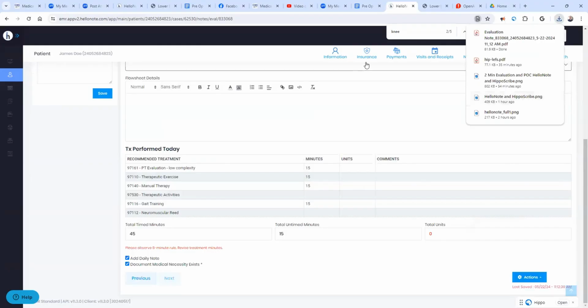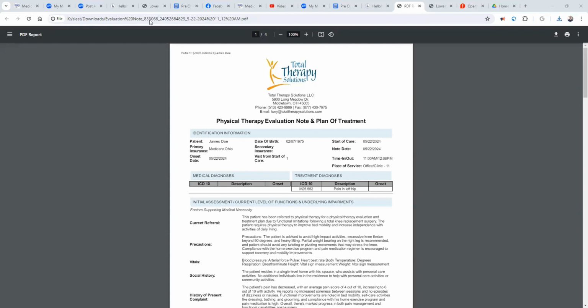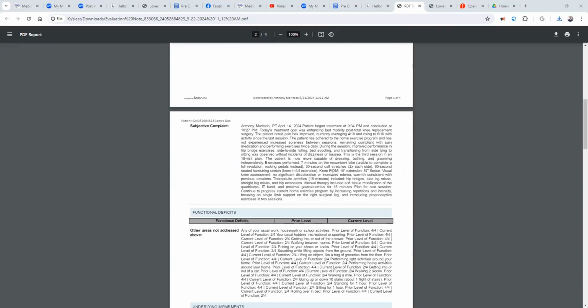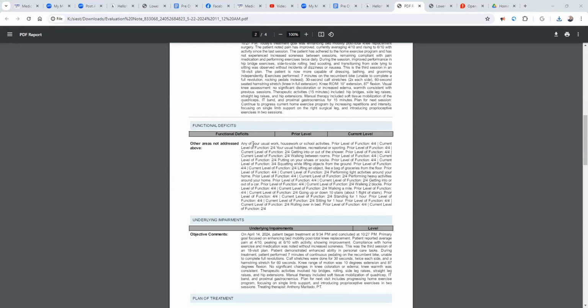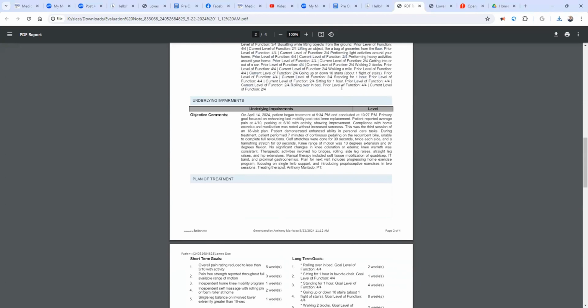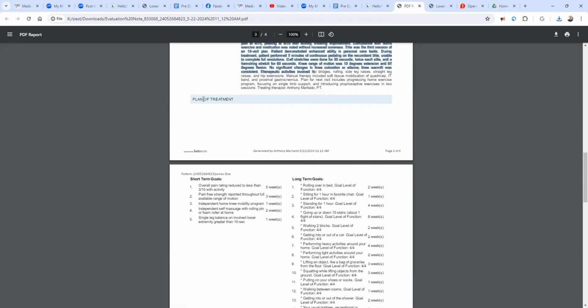And let me show you guys. I'm going to stop sharing for a second. And so this is what the final product looks like. It's 4 pages long, but we have a ton of information in here. Here is each of the functional activities, prior level and current level. Here's my objective, my treatment plan, which I need to populate,